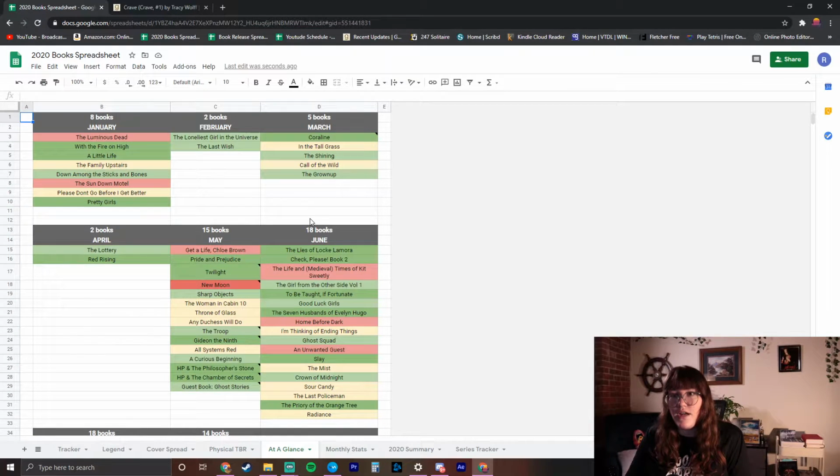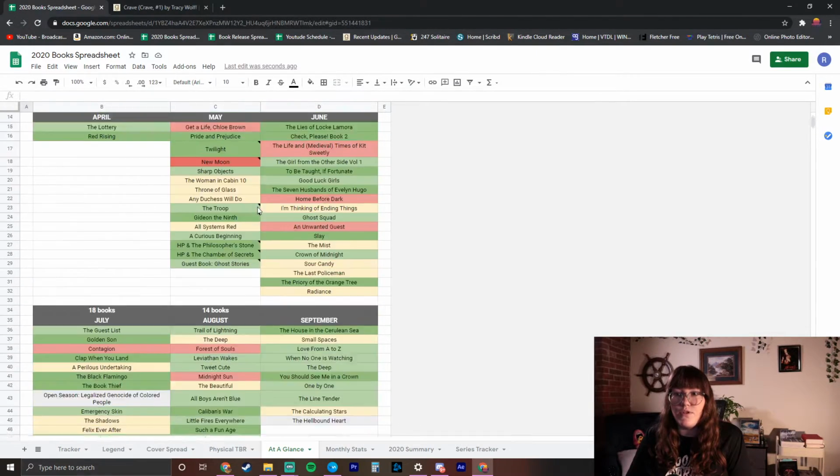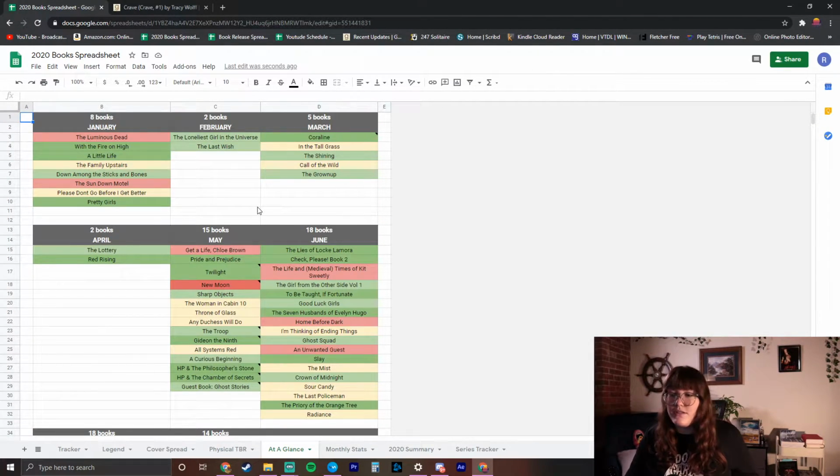The next sheet that I have is just at a glance. So this is all of the months and the books that I read in those months. I know it sounds really excessive, like I have so many different ways of saying the exact same thing, but it helps me for some reason to just be able to look at stuff like this. I just like the way it looks. And like I said, this is honestly just a self-indulgent kind of thing. I'm not using this data collection for anything in particular besides the fact that I just like to look at it. So I have all of the months,